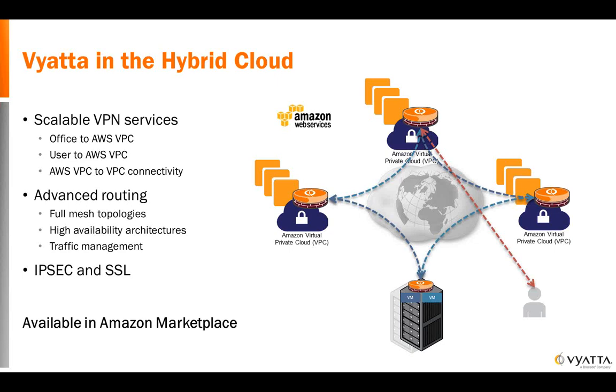It also allows you to do advanced routing, again with a full mesh technology and high availability architectures, and it allows you to do traffic management. Both IPsec and SSL are available. You can install the AMI directly from us, or you can go to Amazon Marketplace, which offers you